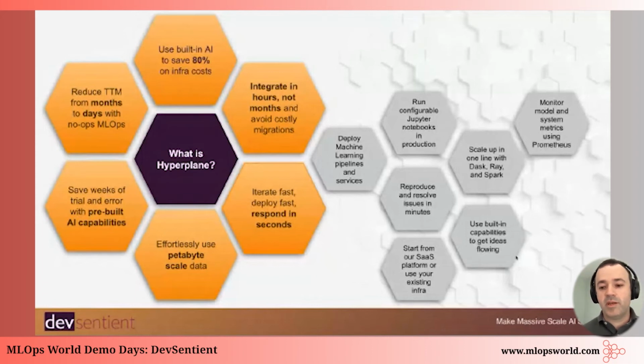So while they may be able to get sizable compute instances, if you're operating at a truly large scale, you usually can't get enough memory or CPU capacity in one computer, in one instance, to handle data at full scale. And so when scientists start using Hyperplane, the experience they have is that they can take their existing Jupyter notebooks or their existing code, drop it into the platform, and scale it up with a single line of code, without any changes to their existing implementation, or very little changes.